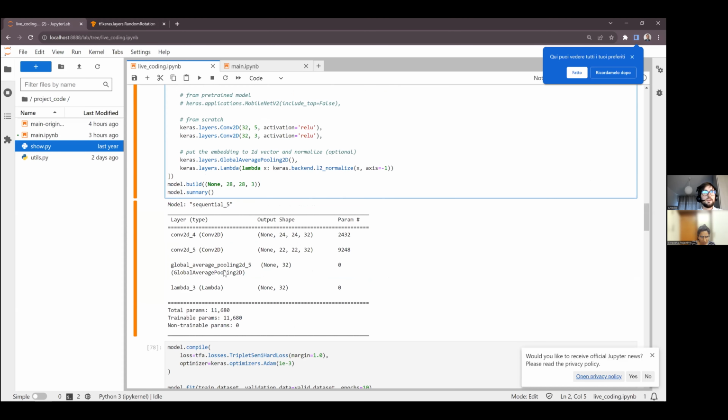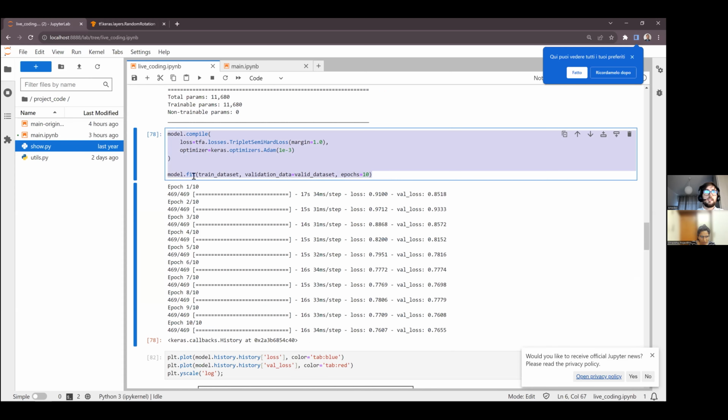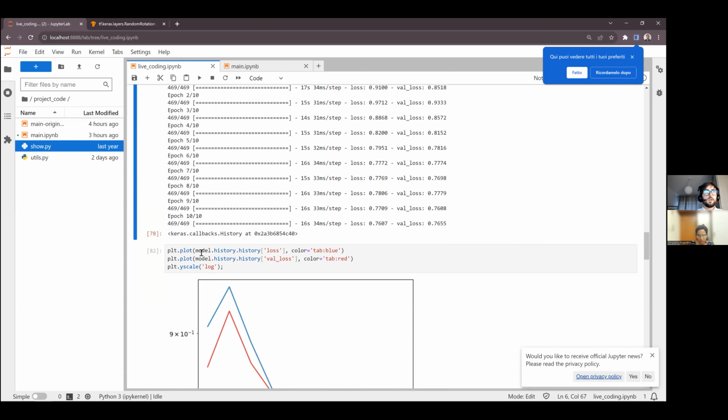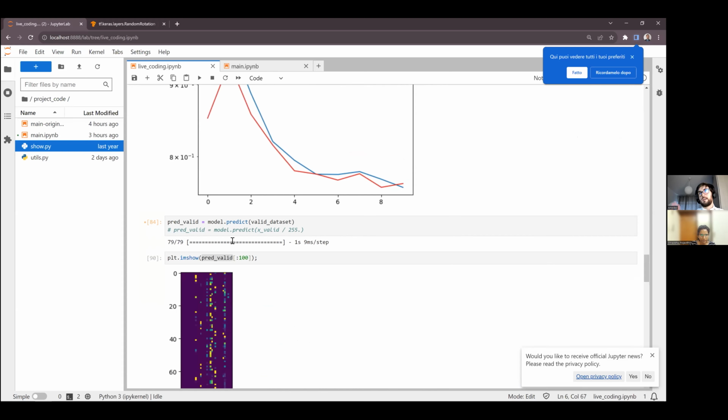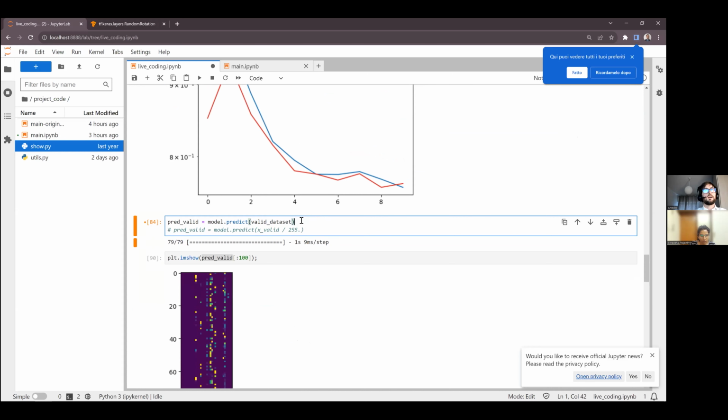So in our case, this will clearly change the results of the training in the fit, but will not rotate the images during the prediction phase. If we want to do it, we will need to do something like model, valid dataset, training equal true, if we want to see the results, but generally we don't care.